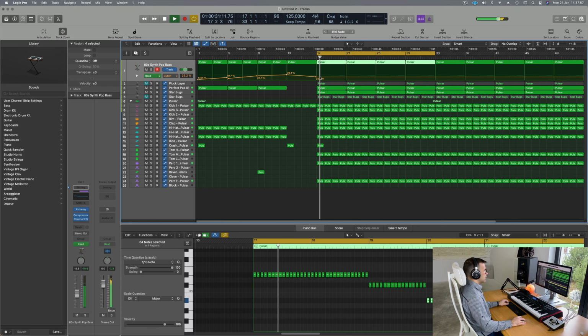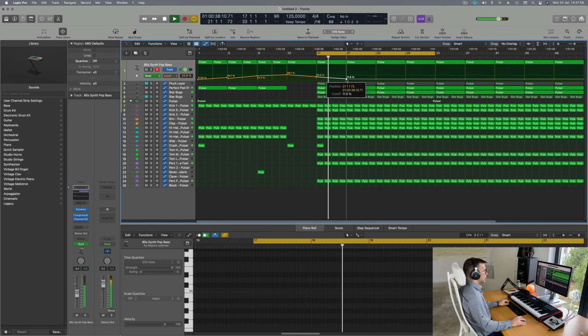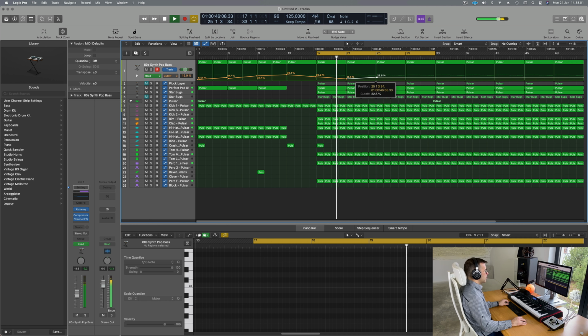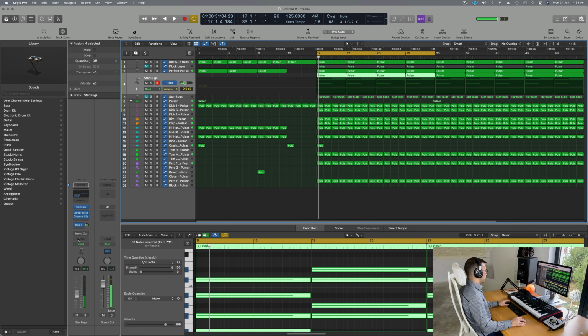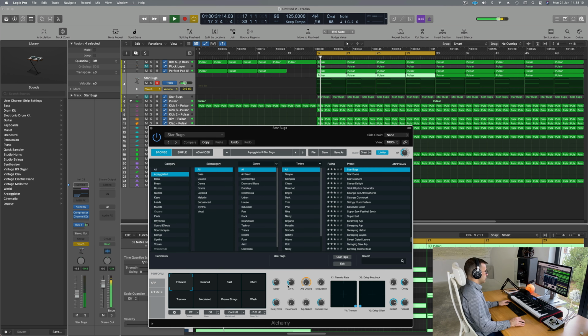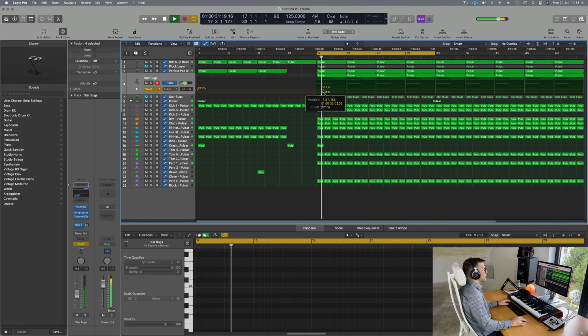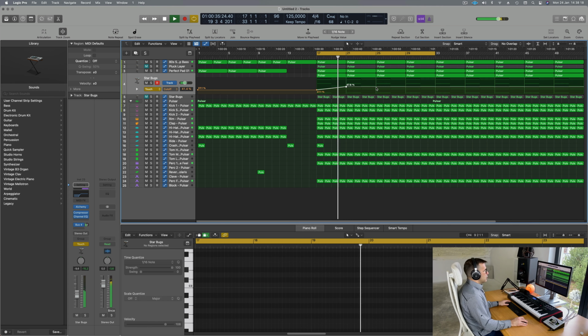So for this here, keep the room for the ARP. I'm gonna automate the ARP a little bit, touch. So guys, the mix is a bit busy, definitely have some work to do, but this is it